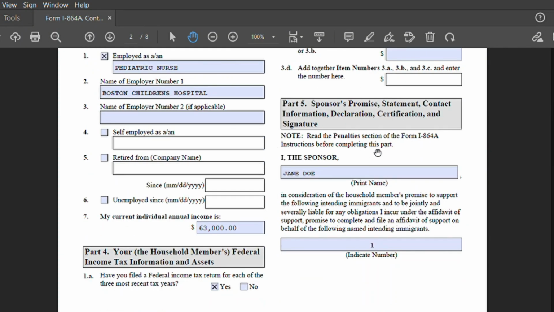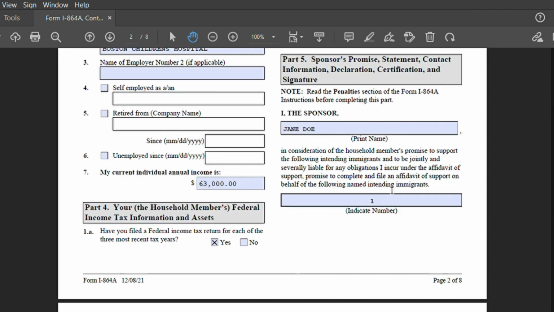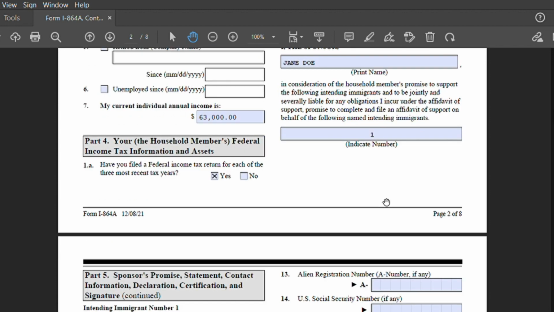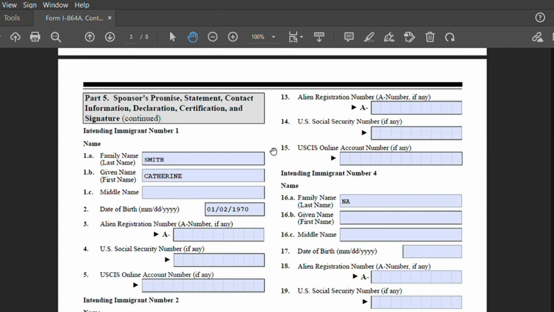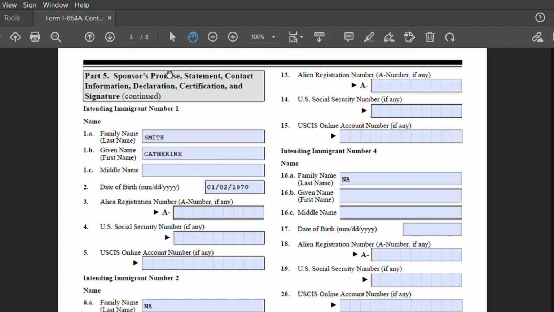Then here, the sponsor, the form instructions say that you can either type or print in here, and right here you want to indicate the number of the following named intending immigrants that you will be sponsoring. In our case, it's just the one person. We'll just say that Jane Doe is petitioning for her mother. And so if you look on the next page, here we have her mother's information